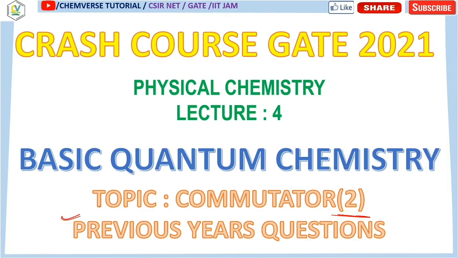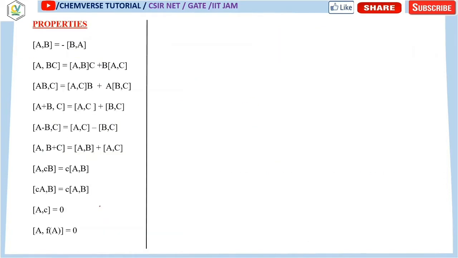Okay, so over here we are going to solve a lot of previous year's questions, but before going to solve that, let's discuss some of the properties of the commutators. Now you know that commutators are nothing but operations over the operators. In this case, A, B, C, these all are operators. You know that operators are commonly denoted with a cap, but over here, since the commutator is only applied over operators, even if we do not use that cap, it is understandable that they are operators.